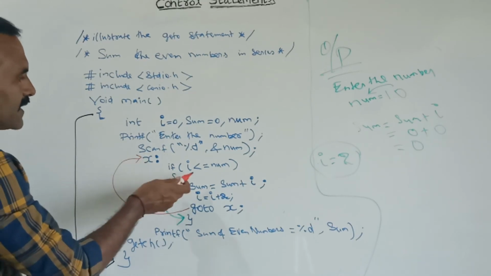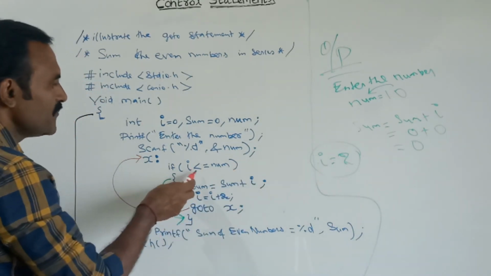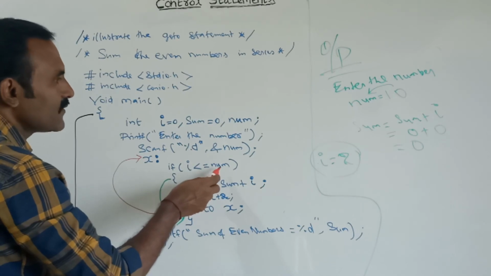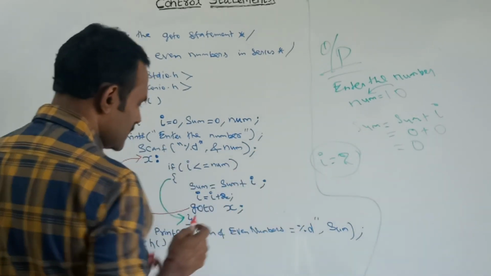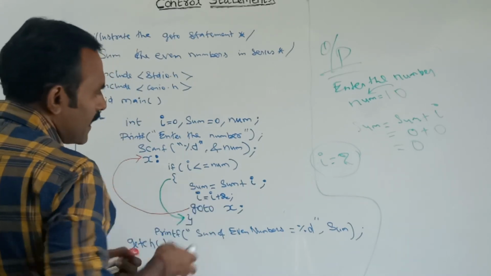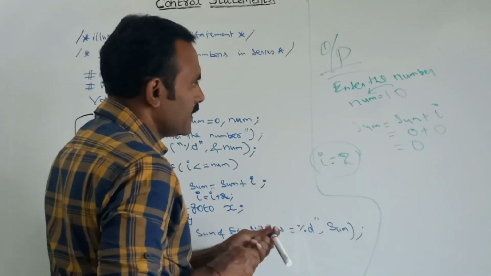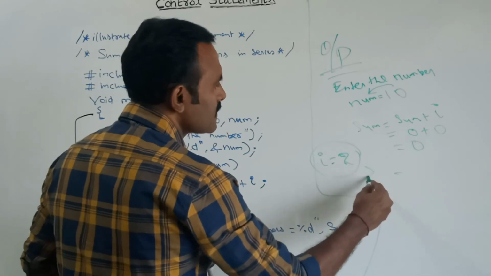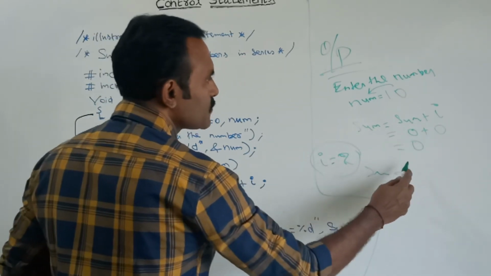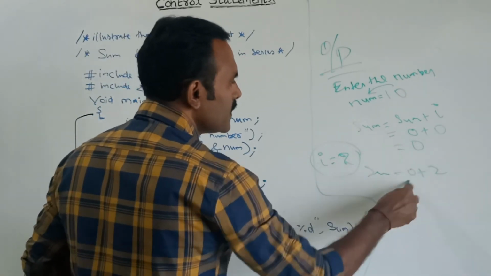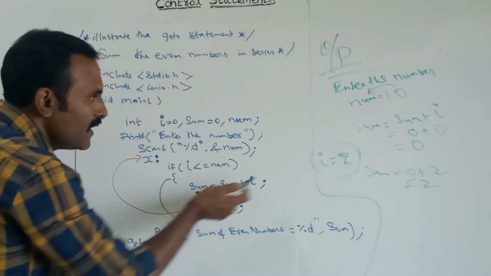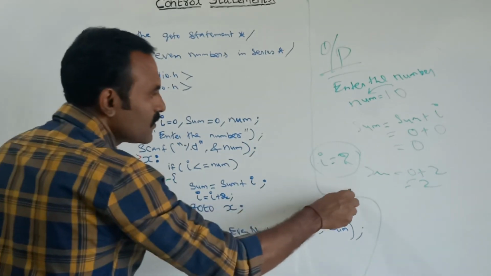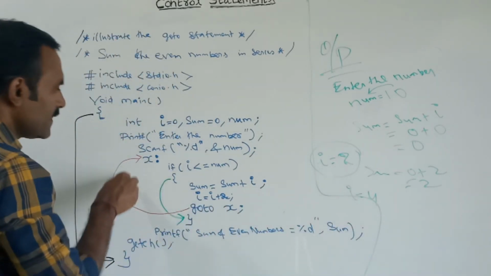Next again it will check the condition. Now value of I is 2, so here I is lesser than or equal to num, this condition is true, because num value is how much? 10, 2 is lesser than 10. So here again the sum will be added, sum is equal to sum plus I, that is sum is equal to, now currently I value is 2, that is 0 plus 2, that is equal to 2. Now currently sum value is 2. Again I will be incremented. 2 plus 2 is equal to, now currently I value is 4, and again it will go to x.